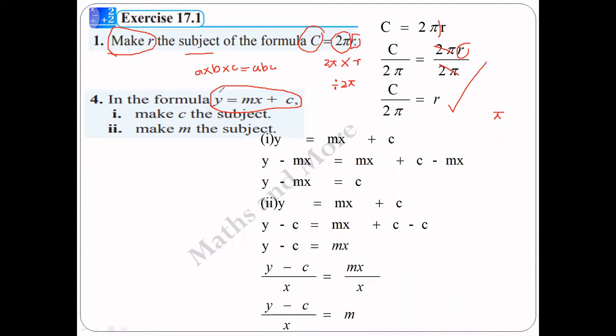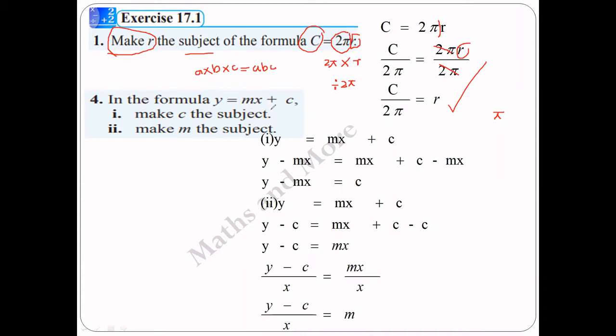Here in a graph, can you remember there are two axes, x and y? Y represents the numbers on the y-axis, and x represents the numbers on the x-axis. M and C are new terms. In the graph lesson, I will tell you C is the intercept and M is the gradient. Now think about the symbols only. No need to get the idea.